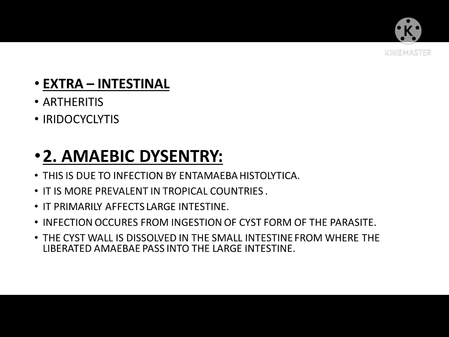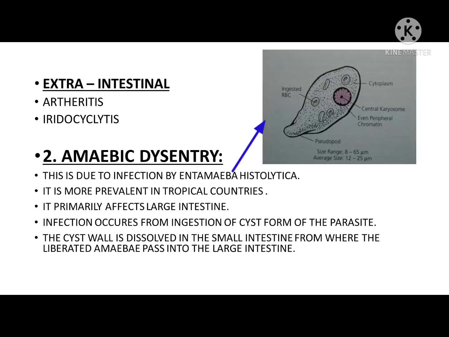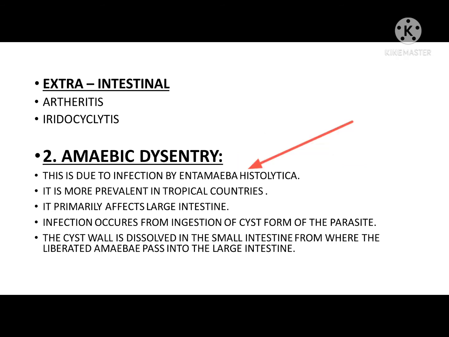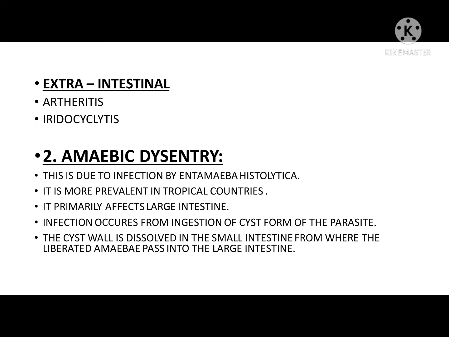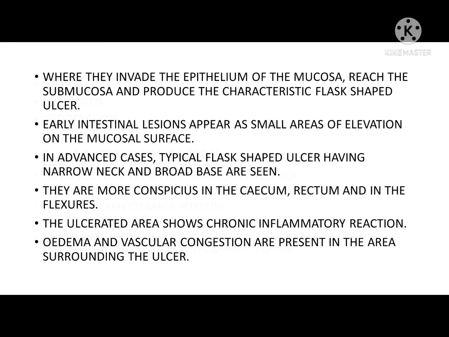Let's discuss amoebic dysentery. It is caused by Entamoeba histolytica. It is more prevalent in tropical countries, and it mainly affects the large intestine. How does it occur? It occurs due to ingestion of the cyst form of the parasite. The cyst form is dissolved in the small intestine, and from there it travels to the large intestine. Now, from the large intestine, it travels via the mucosal layer of the epithelium, and it reaches the submucosa and